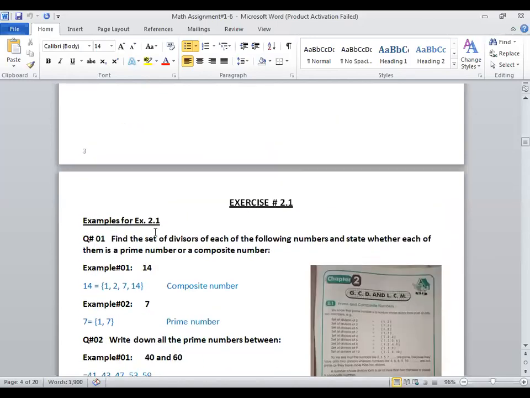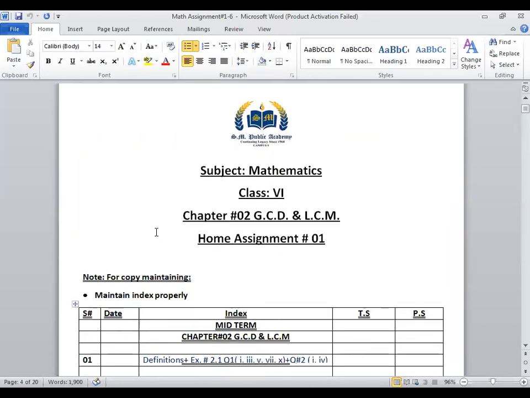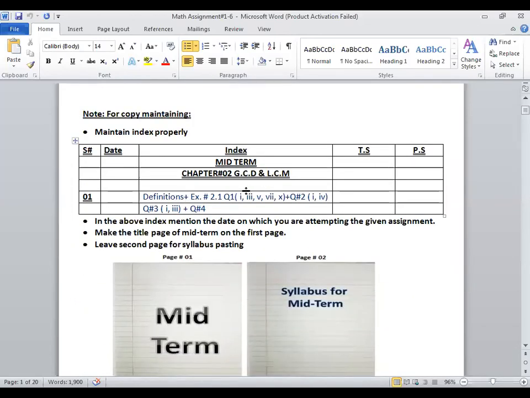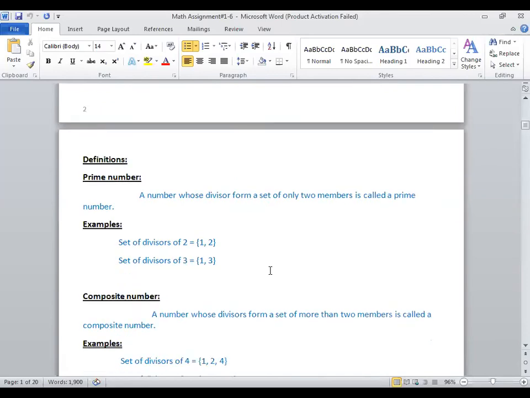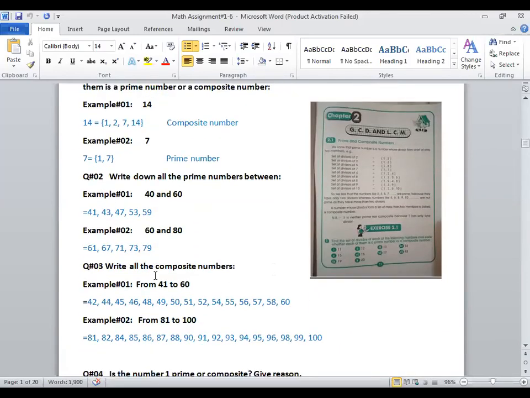You will solve the questions that are written in your index. Is that clear? You have to solve these questions. Here I am giving you only the example, so no need to copy it down. For your convenience, I have solved it here to show how to attempt it. Attempt questions with black pen, and write down the answer with blue pen. This is the way to attempt the work in your copy.